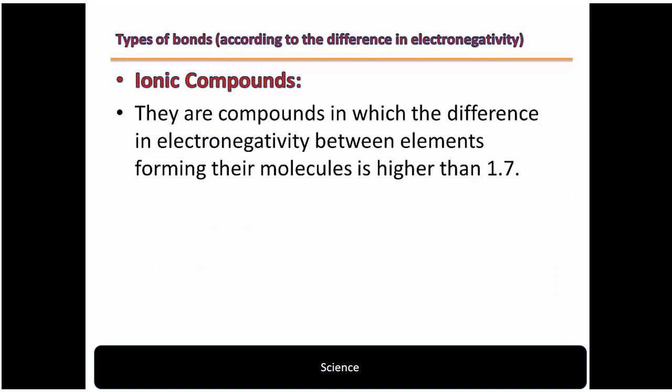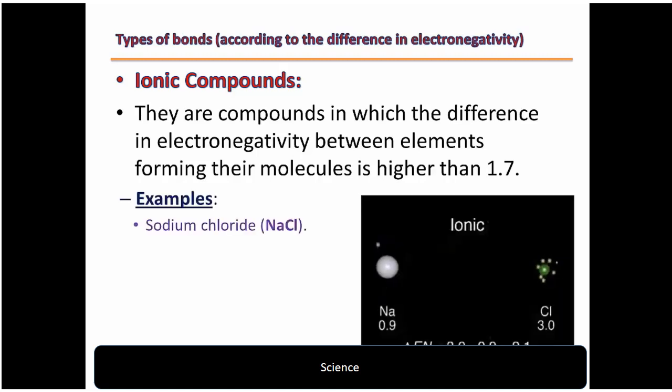Ionic compounds. They are compounds in which the difference in electronegativity between elements forming their molecules is higher than 1.7. Examples: sodium chloride. The difference between sodium and chlorine is 3 minus 0.9, which is equal to 2.1. 2.1 is more than 1.7, so the bond between chlorine and sodium is an ionic bond, and sodium chloride is an